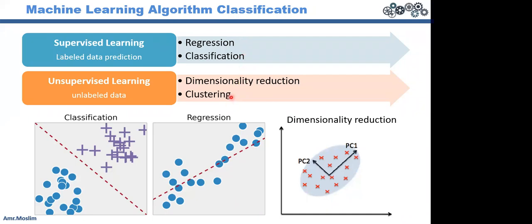But here I have just the data without any answer, without any labeled data, without any purpose to make prediction. So in this case, what I can do with the data is just clustering, to cluster the data to make it separate, or